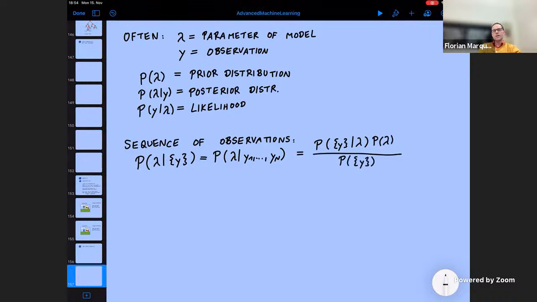Okay. Now we can still simplify it, because we can say, well, to observe this whole sequence of observations given lambda, I claim, if each of these observations is independent, which very often is the case, then I can just say, well, that's the product of the individual probabilities to measure the individual y given lambda. Okay. So this is true